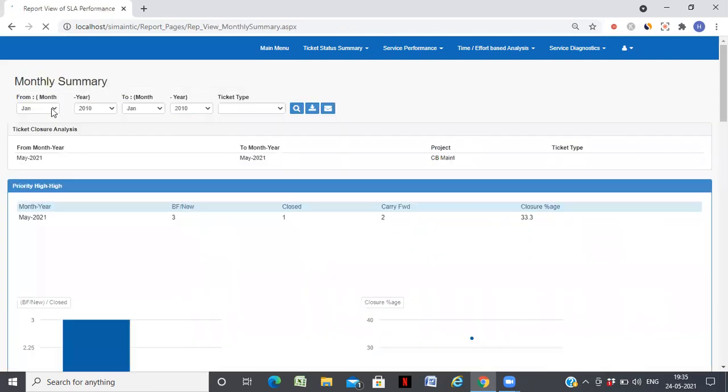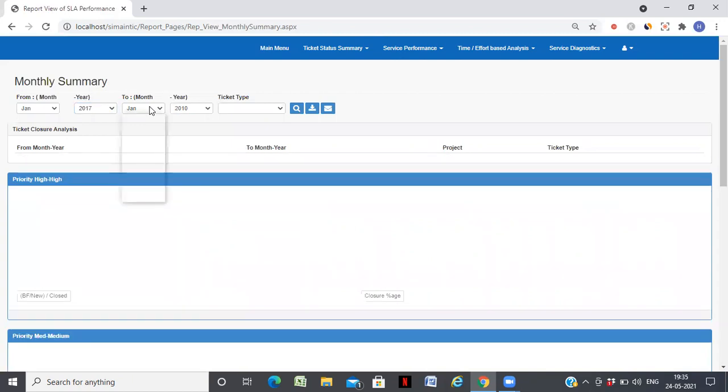And then similarly, you have various reports, like the monthly summary you want to see. For example, let us take January to September. We don't have much data, but let us see.